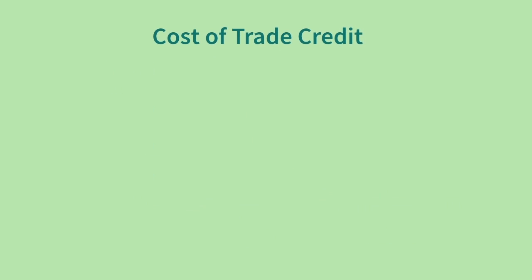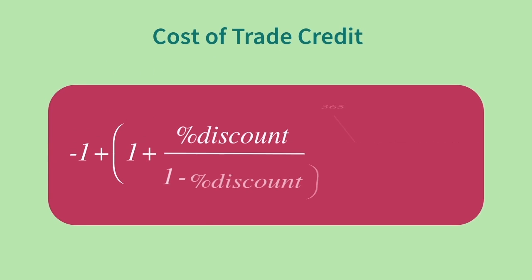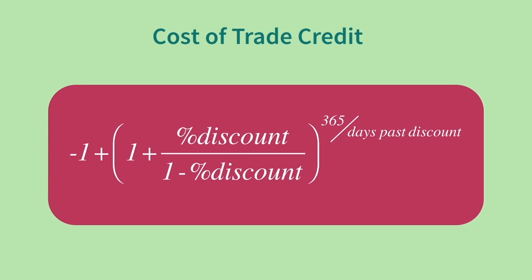The cost of trade credit is calculated using this formula. Now, this version may look a little different from the books and from online, but that's the way I like to remember it. Put the -1 in front and you won't forget to do it in the exam. -1 plus [1 plus percentage discount over 1 minus a percentage discount] to the power of 365 over the days past